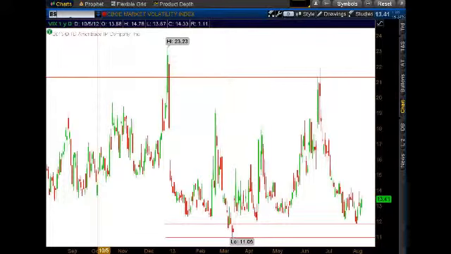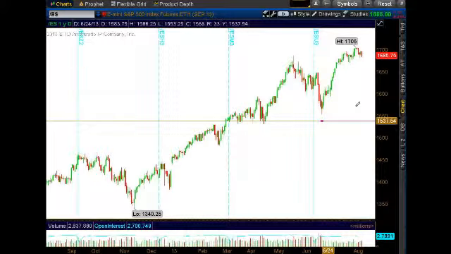So if we get something like this, or if we get below this area, it would be kind of interesting mean reversion in volatility. Maybe we can get the VIX up to,